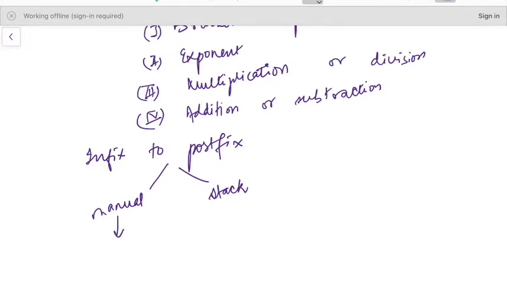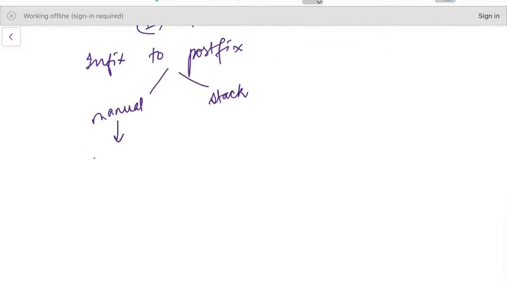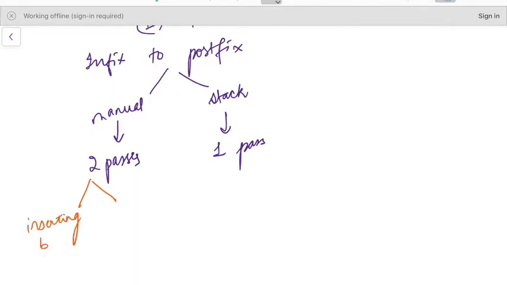So what happens is, this manual conversion requires two passes, while this conversion using stack requires only one pass. So one pass is required for the conversion. These two steps in manual conversion are, first, the insertion of braces. Inserting braces where? In the given infix expression, and then the conversion happens because there are now braces, and then